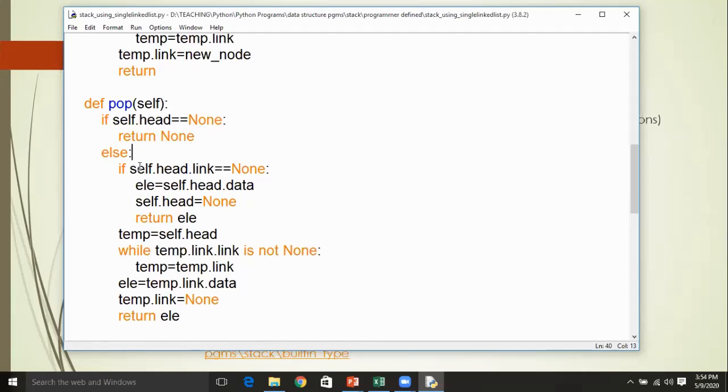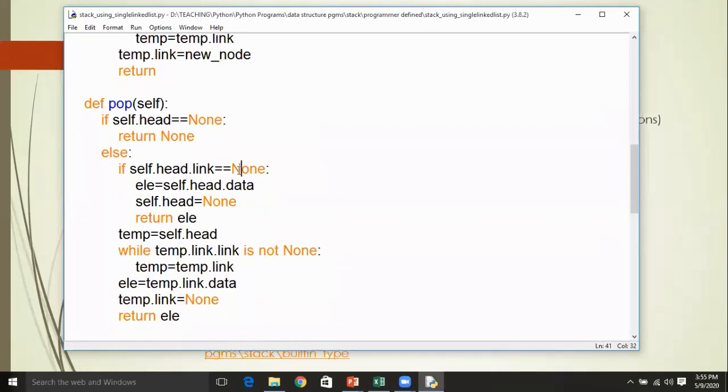Else, that means there are some elements in the list, more than one, or even one. Now if self dot head dot link is none, this indicates that there is only one element in the list.